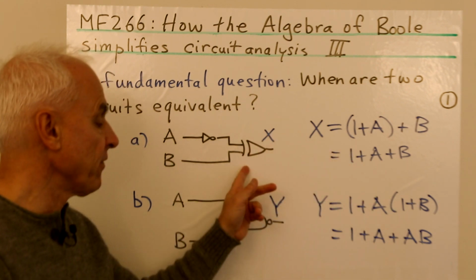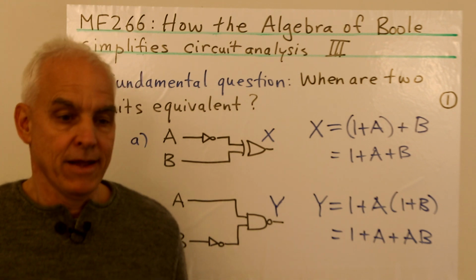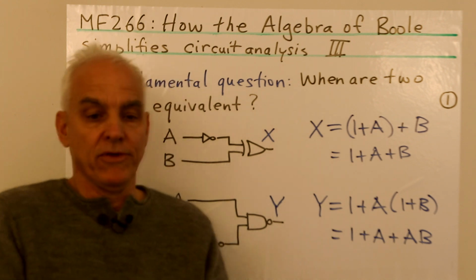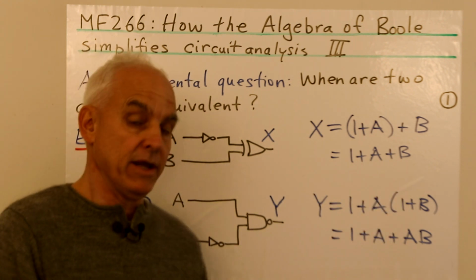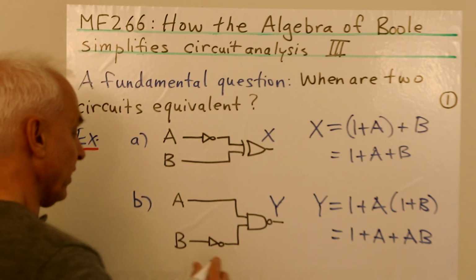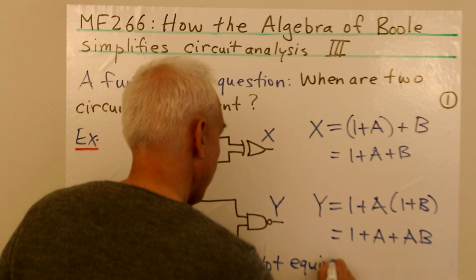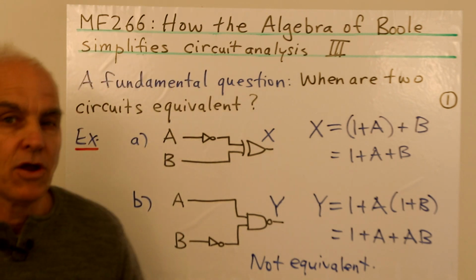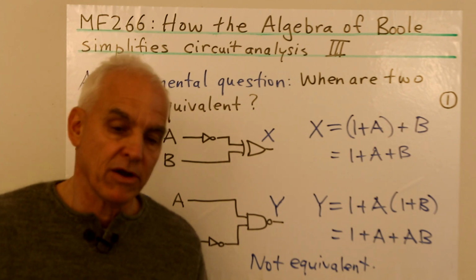Okay, so there's the Boole polynumber for this circuit. Are they the same polynumbers? This is just looking at them as polynomials, polynomials in A and B. It's a year 9 question. Is this polynomial the same as that polynomial? It is not. They are not the same. So these circuits are not equivalent. Okay, very simple. And today we're going to be looking at more examples like this, hands-on, getting experience, working with gates,